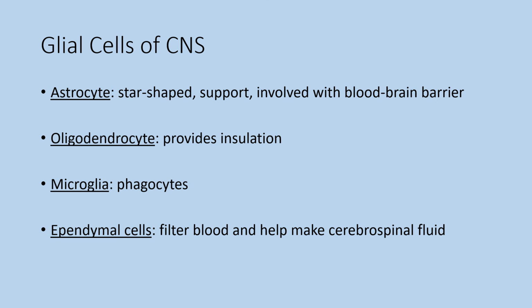So in the central nervous system, your astrocytes tend to be star-shaped. I'll have a picture in a moment, and yes, they look like a star. They are very much involved with helping to support the neurons. They are definitely involved with what is known as the blood-brain barrier. The brain is very sensitive tissue, and obviously of major importance. It's controlling everything. So you want to be very careful of any chemicals that may be exposed to the brain. In other words, everything that you take in your body, you don't necessarily want it to come in direct contact